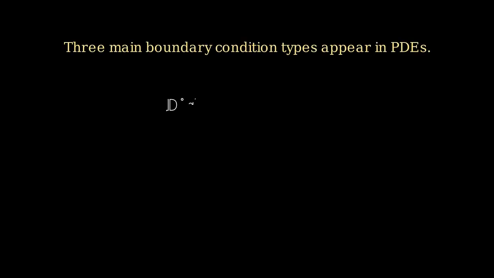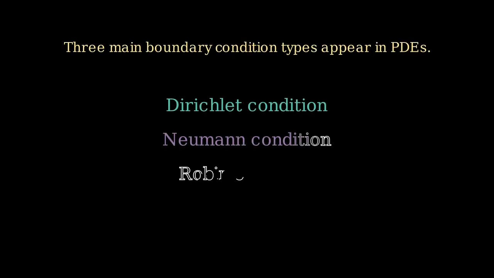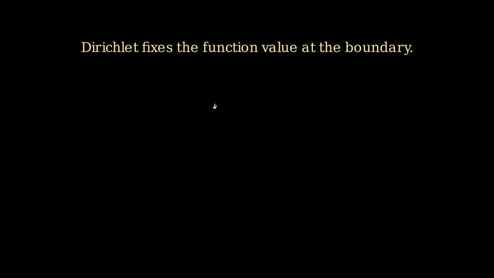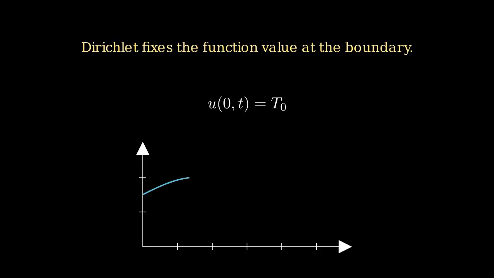Across partial differential equations, boundary conditions come in three main types, and today we will look at each one in turn. The first type is called a Dirichlet condition. A Dirichlet condition prescribes the value of the function directly along the boundary. For example, we might say u at x equals 0 and time t equals a fixed value, capital T naught,